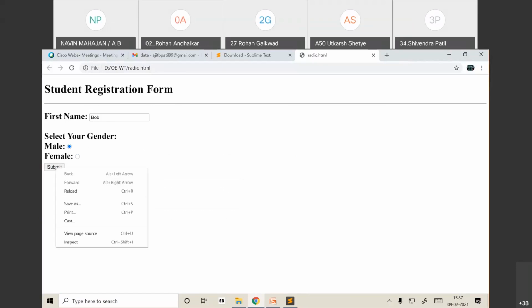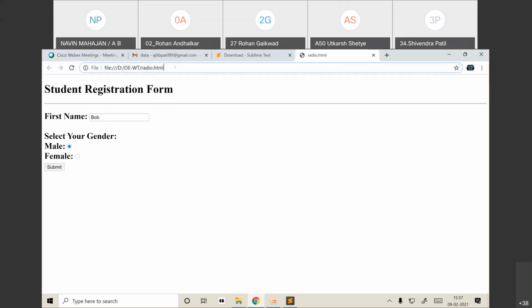You can see here, this is our URL bar. Check what happens in the URL bar. If I click on the submit button,